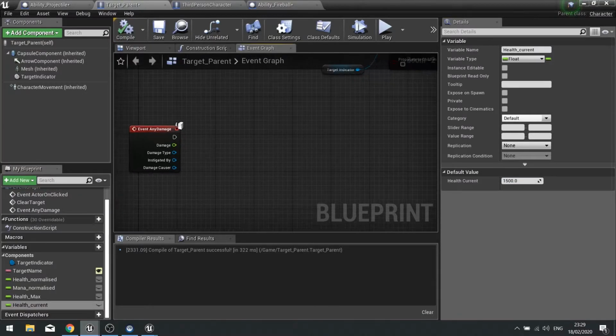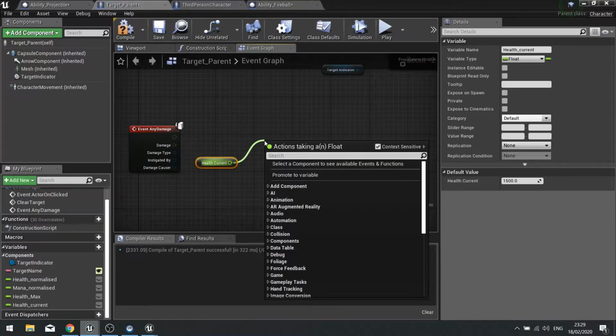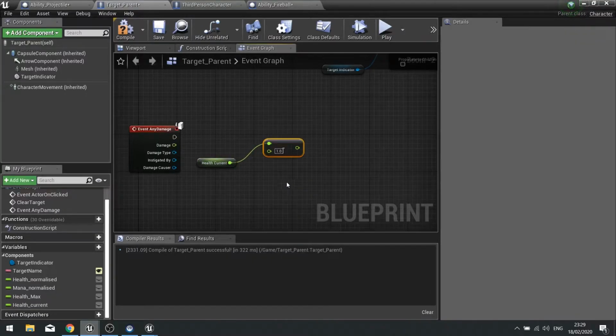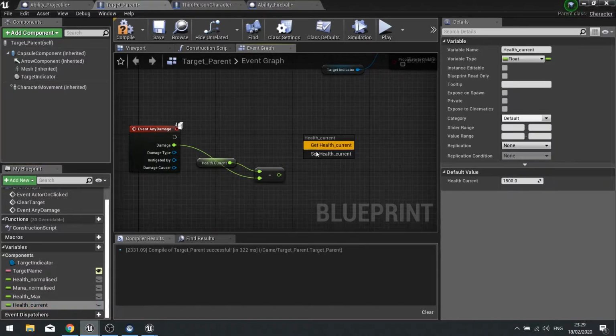So the damage that's dealt is going to affect the health current, so drag that out and get health, and we want to take away a float, and that'd be the damage we are applying there, and then we're going to set it back to health current.